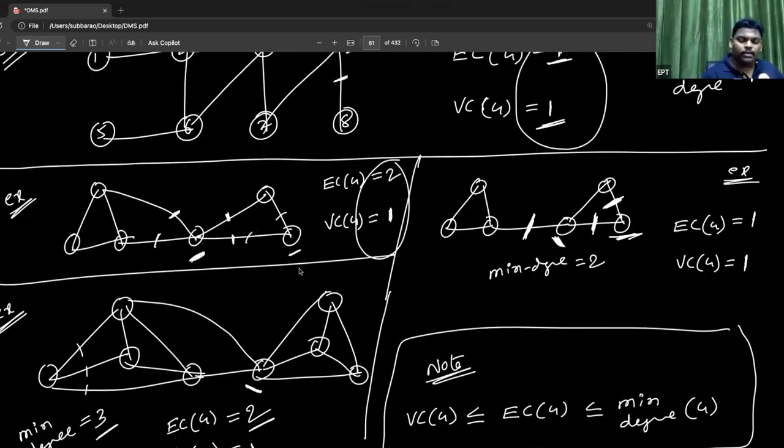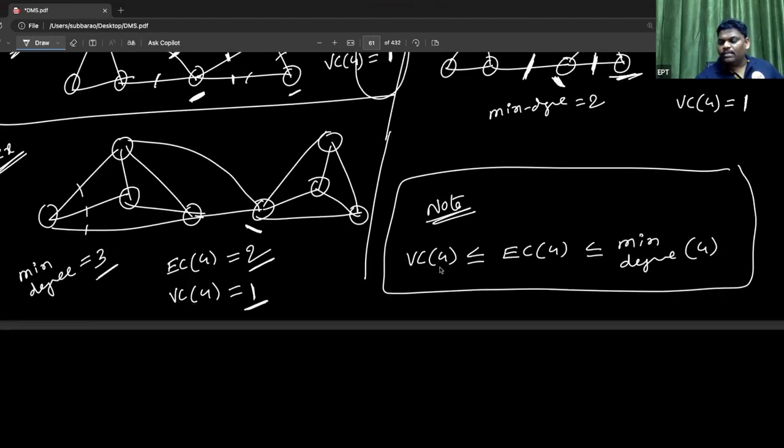Next one, here min degree, if you observe. What is the min degree in this problem? I think 2. Yeah, 2. By seeing all these things, this is the observation: vertex connectivity number is smaller or equal to edge connectivity number, smaller or equal to min